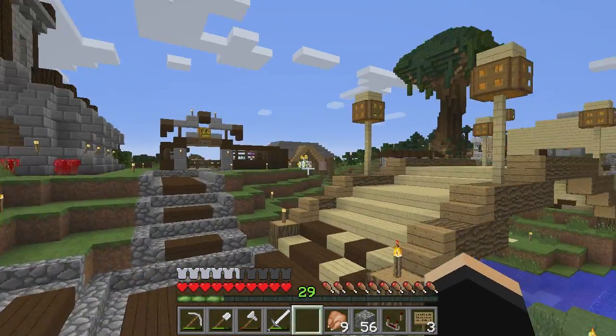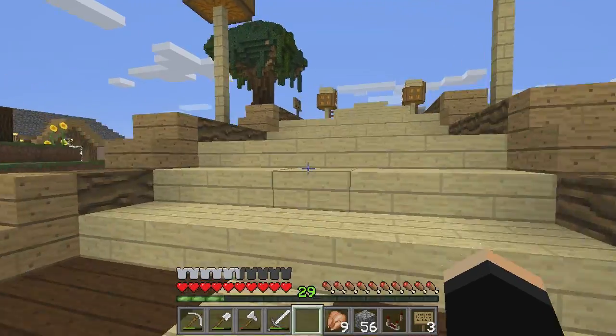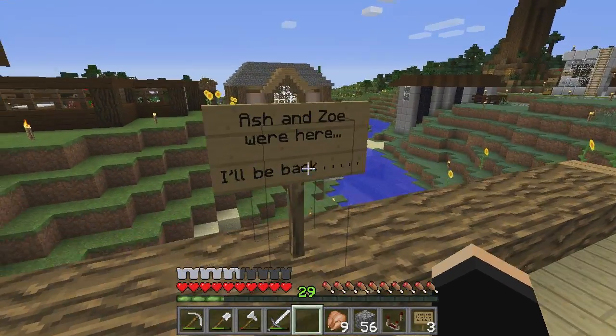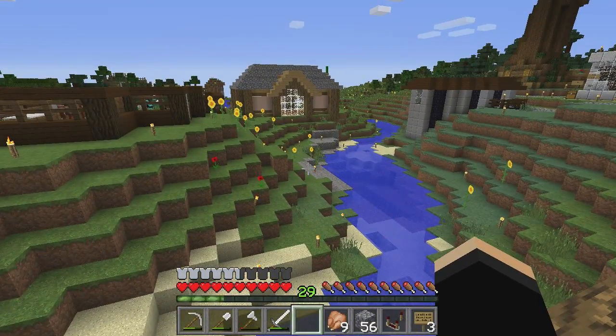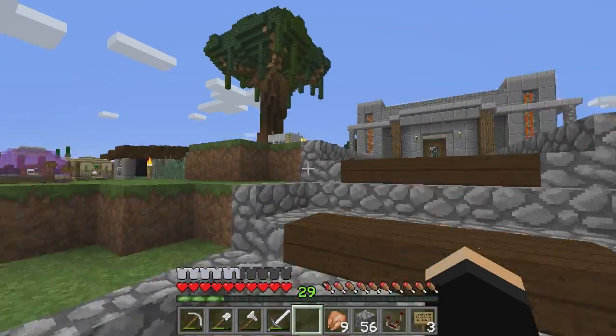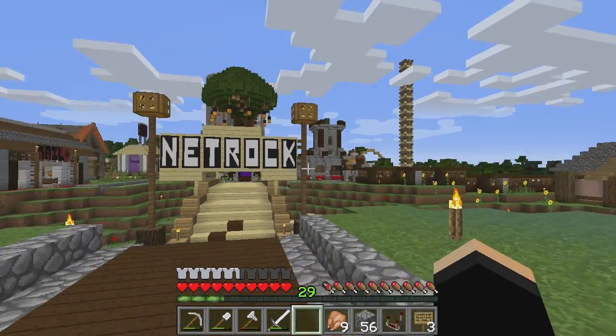But, in the meantime, I'm just going to take a little nosy around spawn. I've noticed a couple of things have popped up that I've never seen before. Ash and Zoe were here. I'll be back. What? Interesting. Okay. Yeah, a couple of buildings appear to have just...